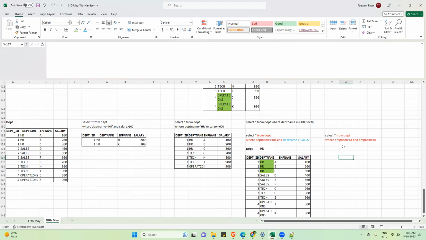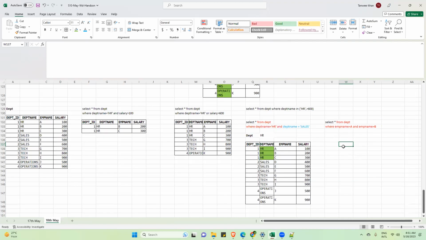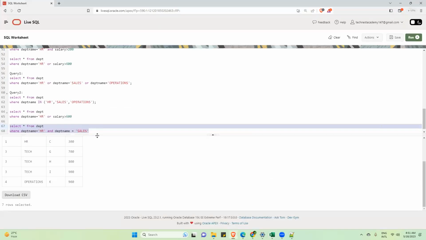Okay. Now coming to the question Supriyo is asking. Yeah, Supriyo, please go ahead. What are you asking? I was saying, if in the database itself we somehow inserted, in the department ID, against that the department name as HR and sales. Let's say department ID. One minute, let me insert it.